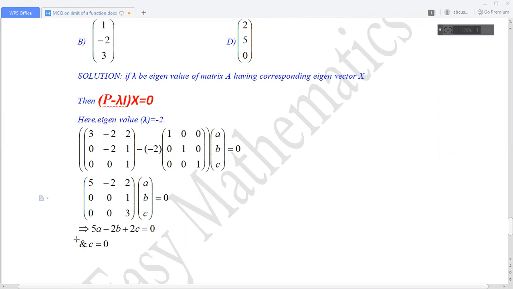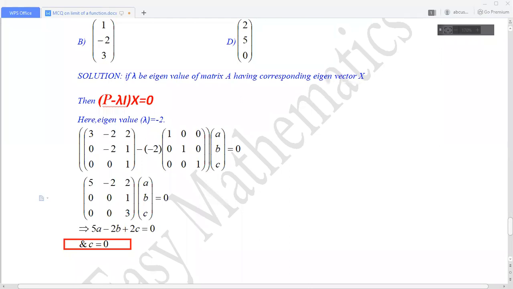If we plug in the value c equals 0 in these equations, then the relations between a and b will be obtained here. And from these relations, we can substitute the value for a, and then we will find the next variable b, and c is here 0. So let me just go to the options here.